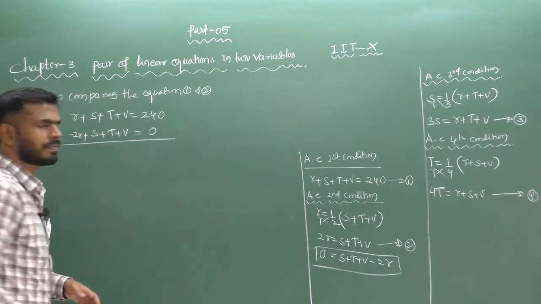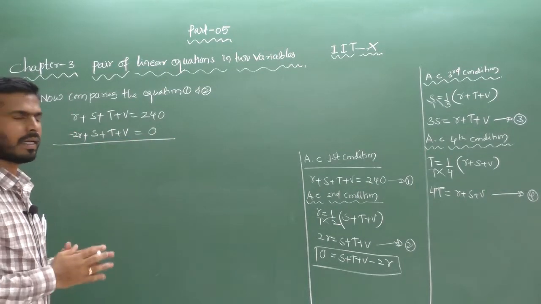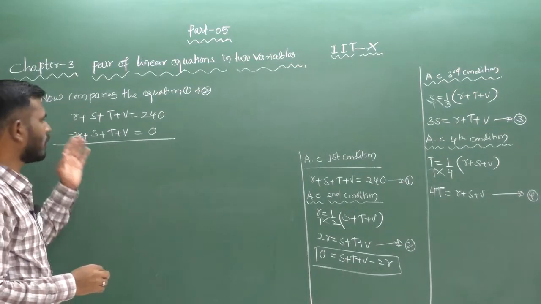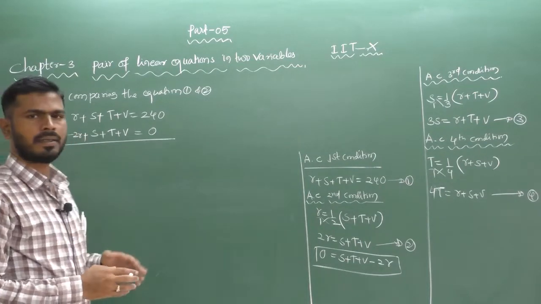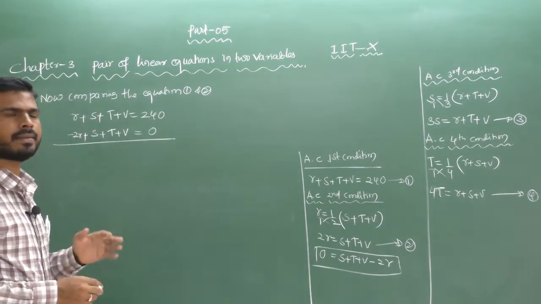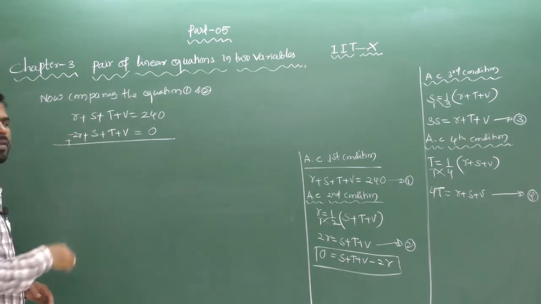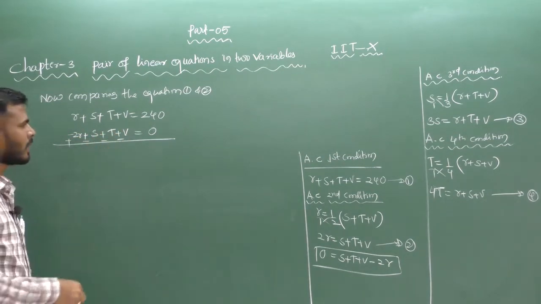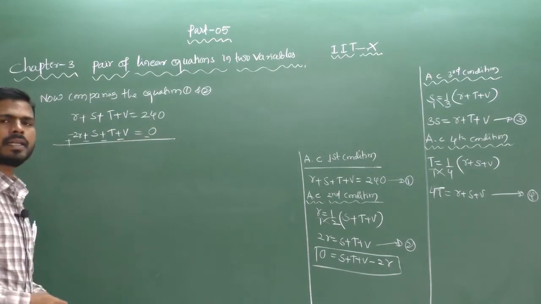Now we can subtract or add. So here 2r and this is r, no problem. But you have to cancel or eliminate the terms v, t, s, which means you have to change the sign. So here minus means plus, and plus means it becomes minus. This is minus, minus.